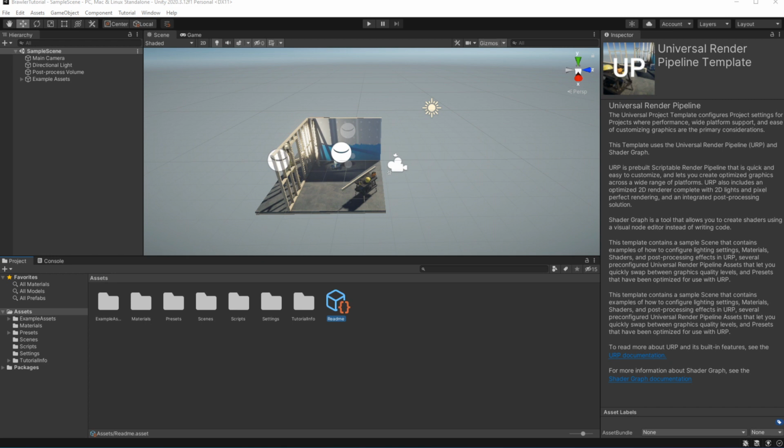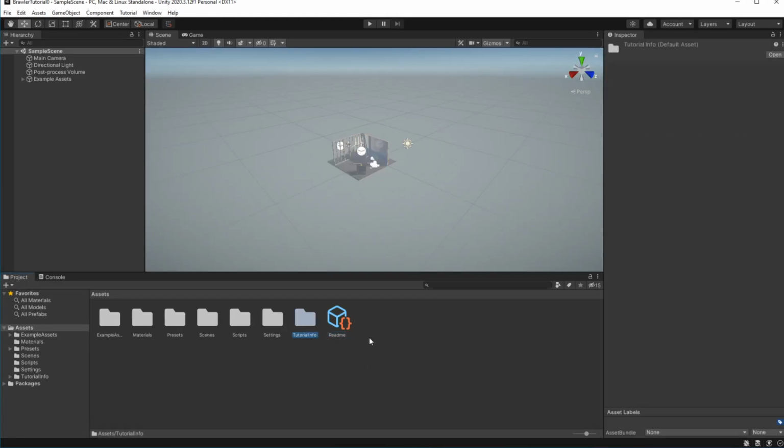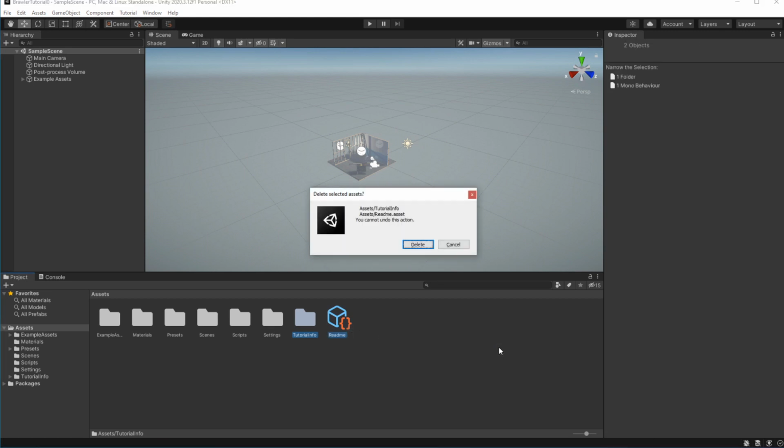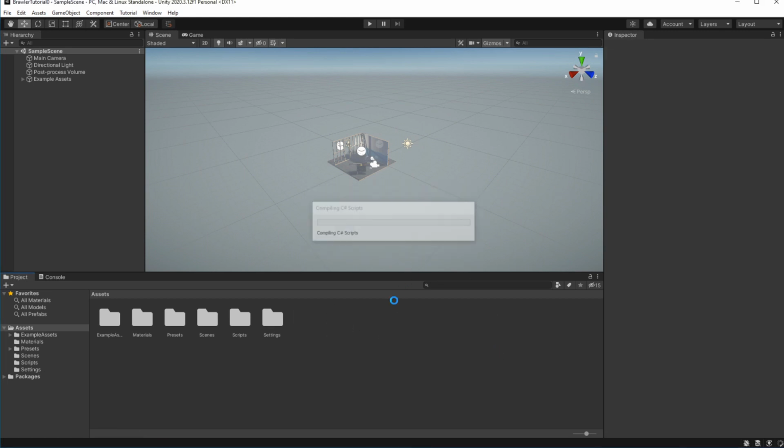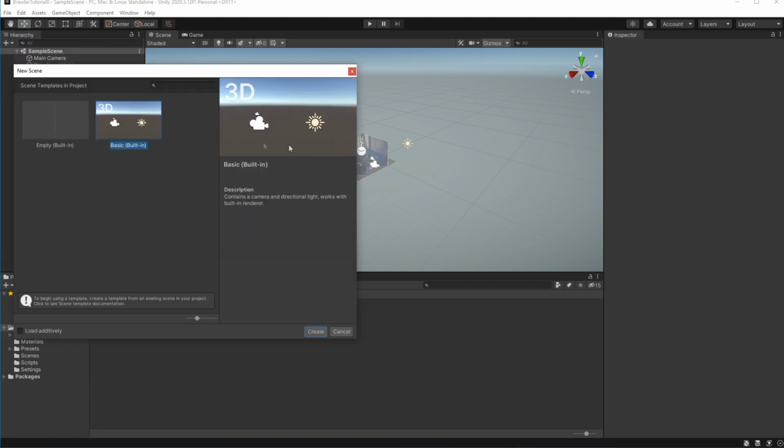After we create our project, you will see something like this. First, let's clean this up. Delete the readme and tutorial info folder. Then, let's create our new scene. Let's call it main scene.